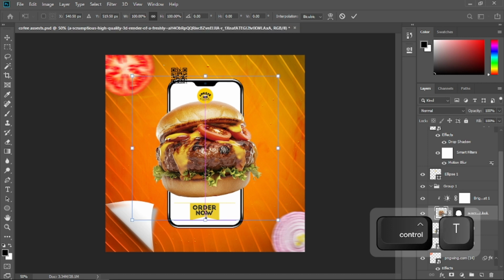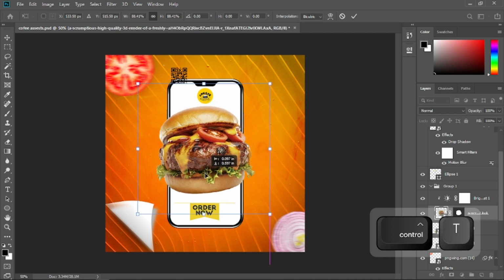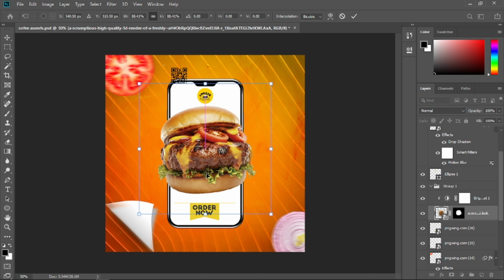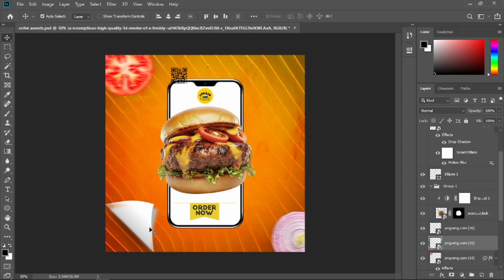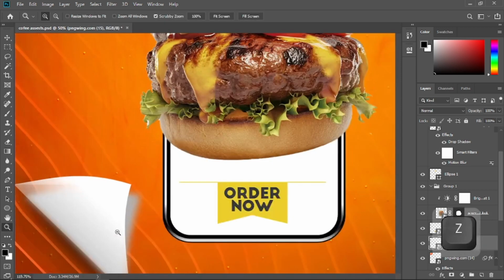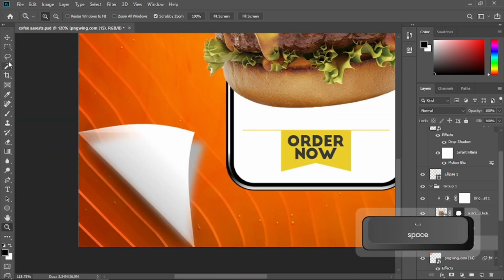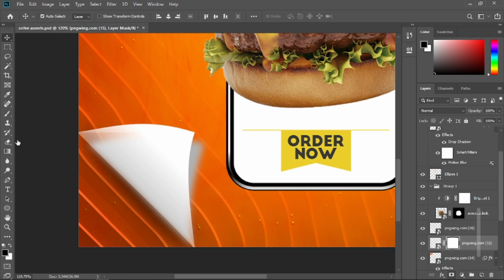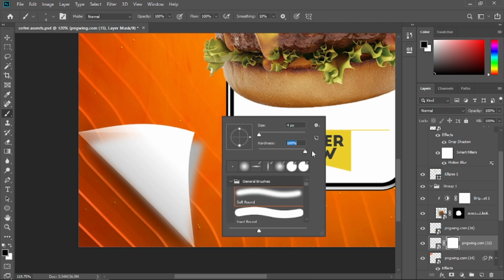Decrease the burger size a little bit. Alright. Okay, now I'm gonna zoom in. Right, now I'm gonna select this PNG and click on the mask button and get the brush tool and choose